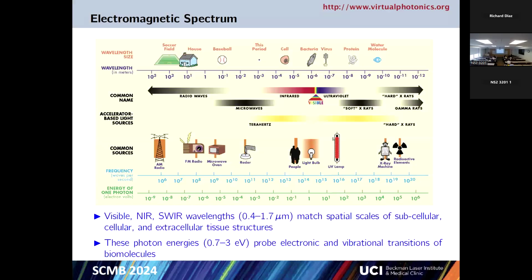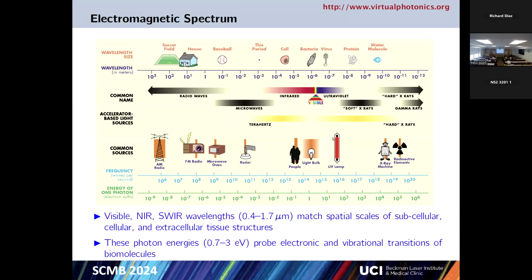So this next slide is meant to illustrate that we tend to focus on this very narrow sliver of the electromagnetic spectrum, from the ultraviolet to the near infrared or even shortwave infrared. But certainly there are other forms of light that can be used for biomedical optics applications. Some of you may have heard of terahertz imaging. Certainly people here know about X-rays. And